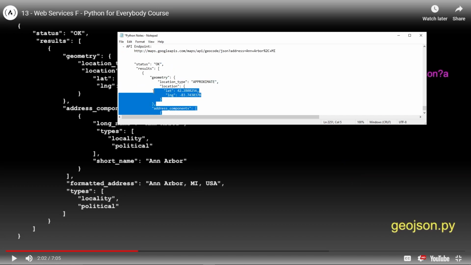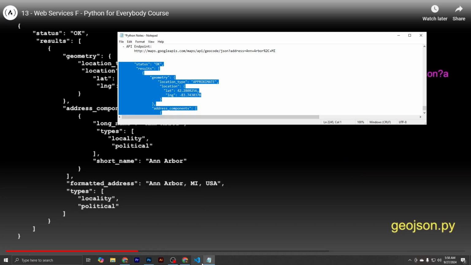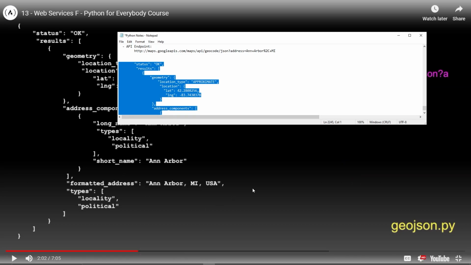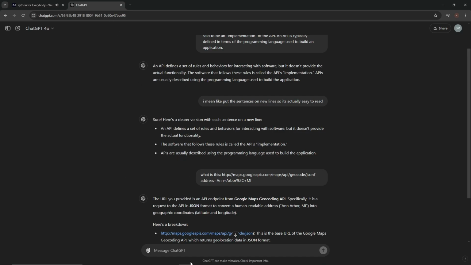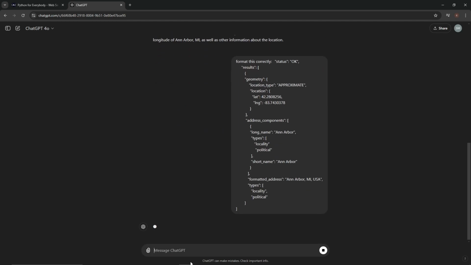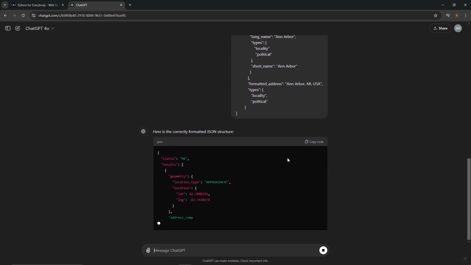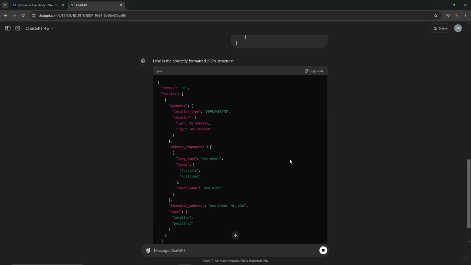All right, let's do this. Let's come over to ChatGPT and say, format this correctly. Boom. Copy the code.